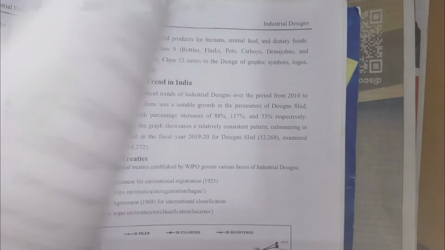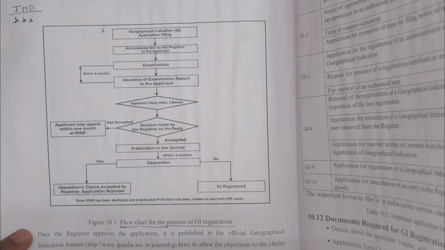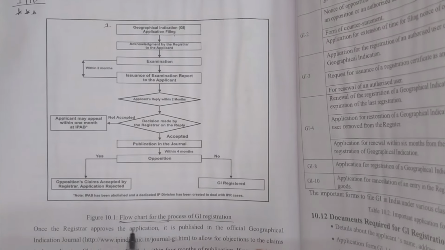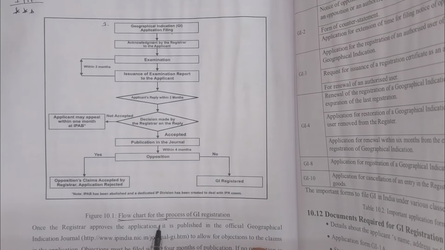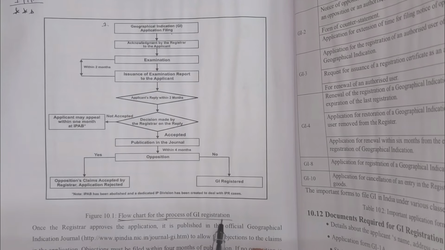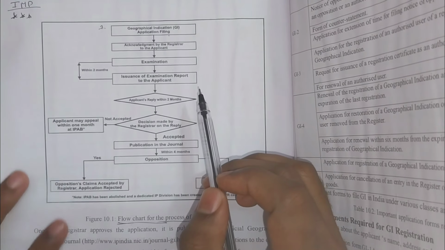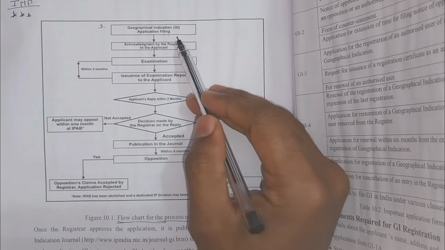Next, finally, the geographical indication flowchart. Yes, here it is. This is also very, very important guys. Flowchart for the process of geographical indication registration. See here, it is also the same as the earlier flowchart itself. Here initially